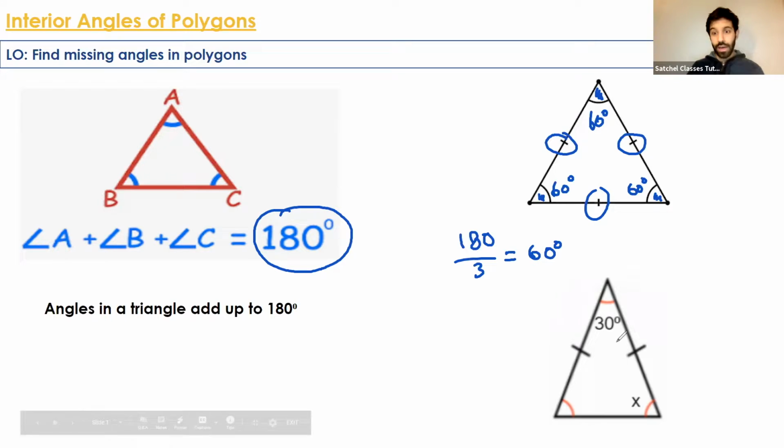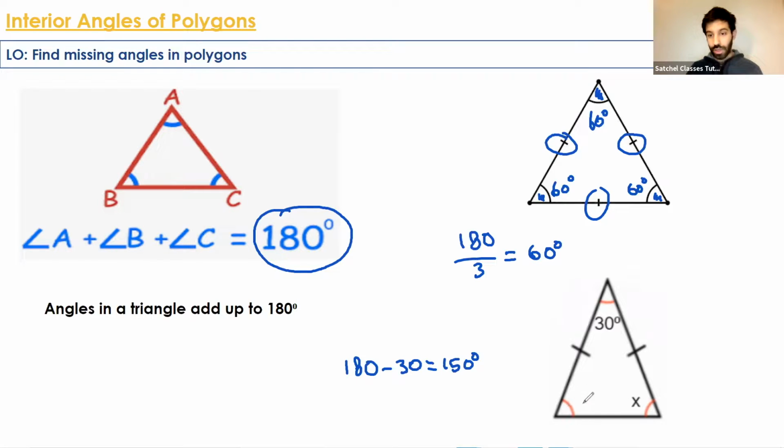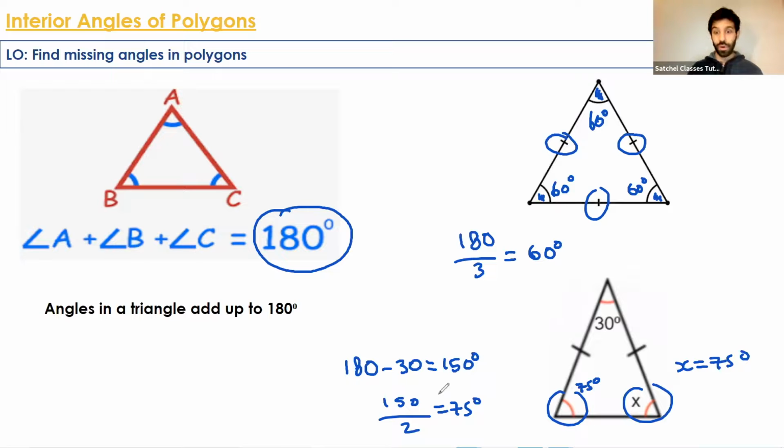And to do that, again, remember that the sum of angles is going to be 180. So 180 take away 30 will give us 150 degrees. So the sum of these two angles here is going to be 150. So one angle is going to be 150 divided by 2, which is 75 degrees. So this angle, angle X, is equal to 75 degrees, and this angle will also be equal to 75 degrees. We could also use algebra to solve this problem. And if you're comfortable with forming and solving equations, I think it's really good to actually set up your workings